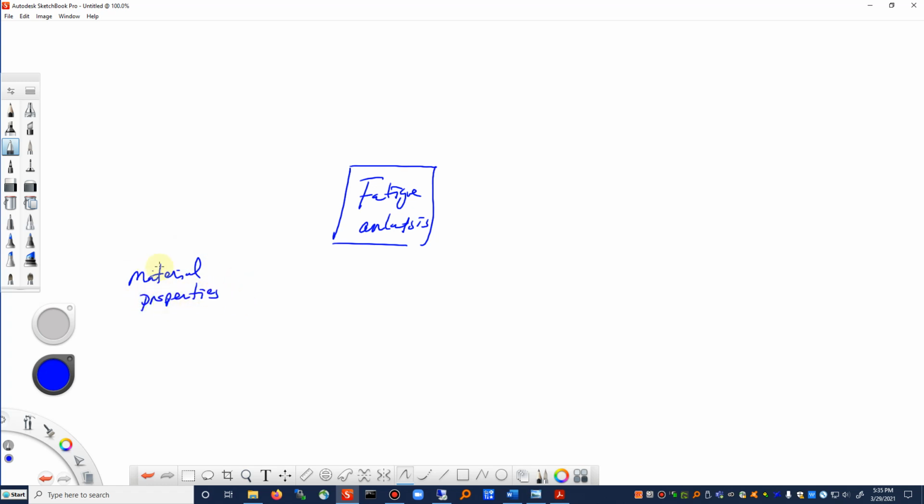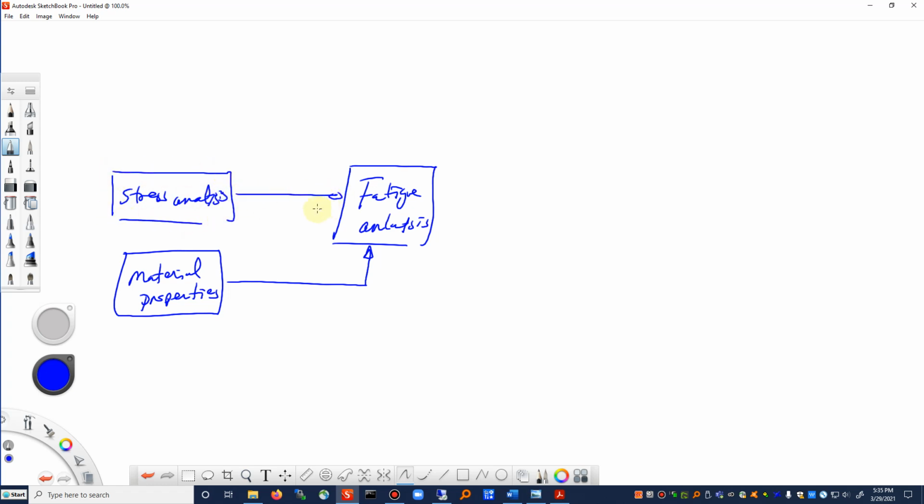So certainly material properties will have an input into what goes on in the analysis. Your stress analysis,